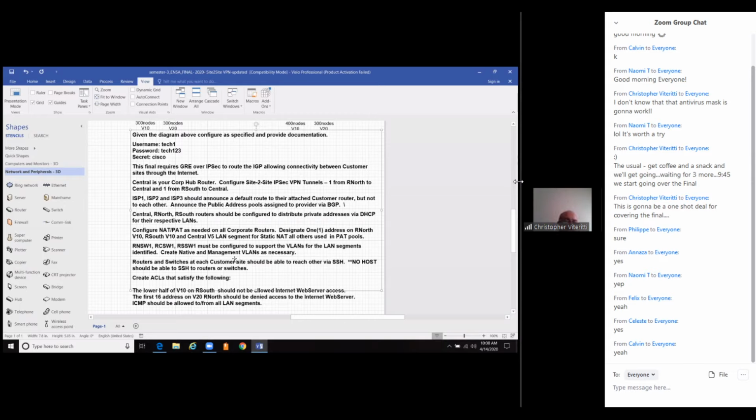Our north switch 1, our central switch 1, and our south switch 1 have to be configured to support the VLANs for the LAN segments identified. Create native and management VLANs as necessary. I only identified the user VLANs on the final. You're supposed to know you need a native and management VLAN to manage the equipment and to enable layer 2